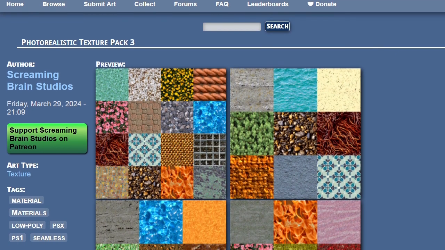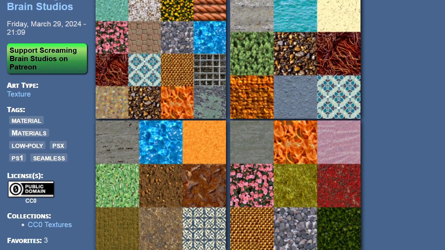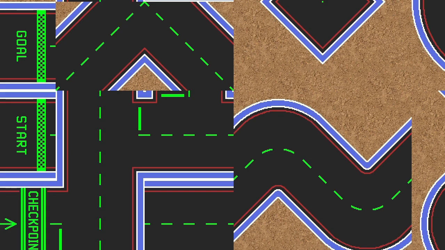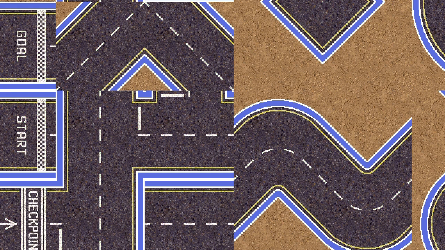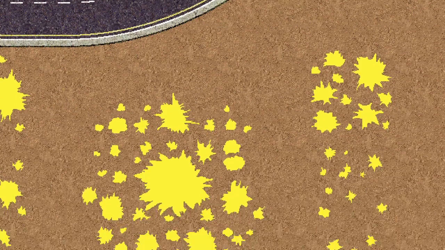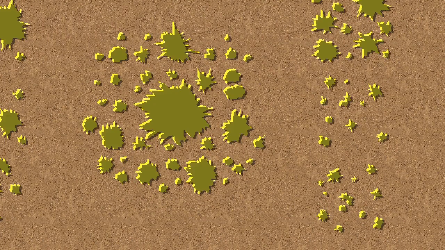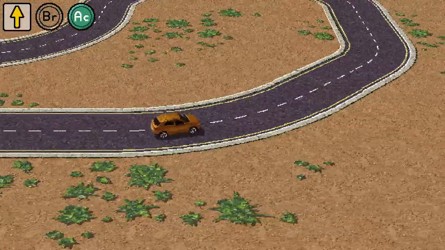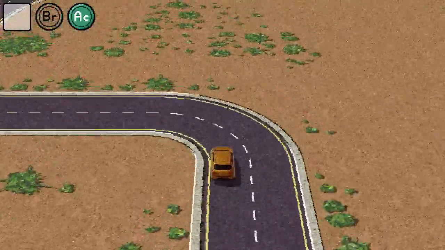We can improve the ground by adding some textures. I found these free ones that look nice and are just the perfect size. We can apply the textures in Photoshop by using a color code to select the parts we need. To get more variety, I also added some plants and vegetation. And this is how the end result looks. I'm quite happy with it.